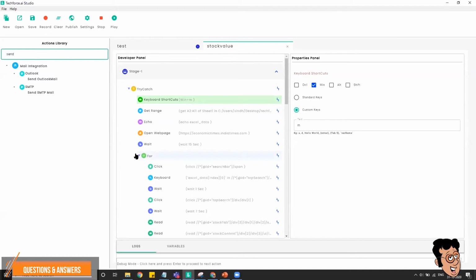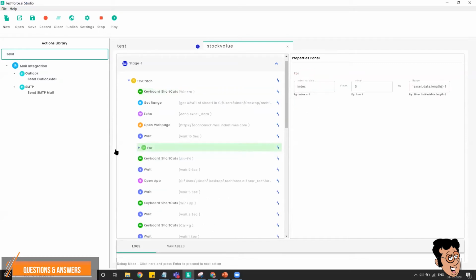Okay, so basically screen scraping, then typing data into WhatsApp, is it? No, actually, yeah, screen scraping, you are right about it. And we are storing the data into Excel. Then we are going to take a snapshot of this Excel table. And then this snap we are going to send as a photo to a client's individual WhatsApp number. Okay, do you have it configured so that we can see it in action? Yeah, I have it. I am going to run the flow.